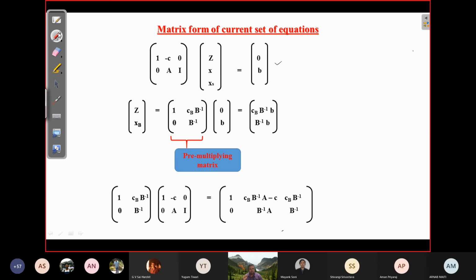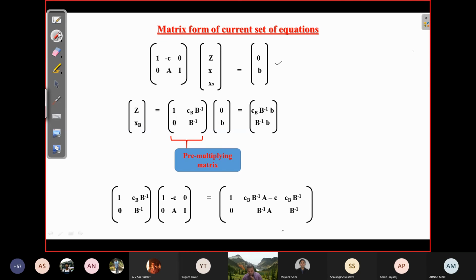So only getting the solution is not sufficient. You also have to know how you find the adjacent corner point, that is the adjacent BFS, which means how to choose the entering basic variable and the leaving basic variable. It's very important. In the table, we have already done it. Now in the matrix form, in order to do that, we first have to understand how we can represent the simplex table in matrix notation. And then the same principle will apply. So first try to make a general matrix form for the simplex table.